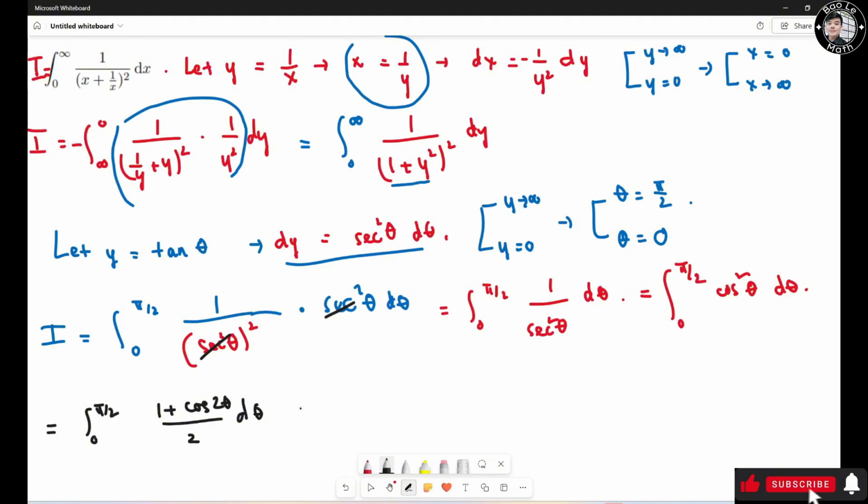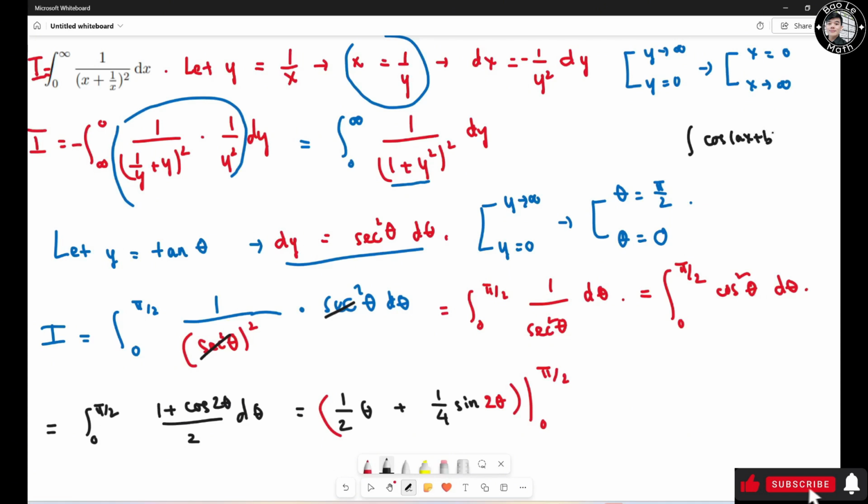So it's going to be 1/2 theta plus 1 over 4 sine 2 theta evaluated from 0 to pi over 2, because you have the antiderivative of cosine